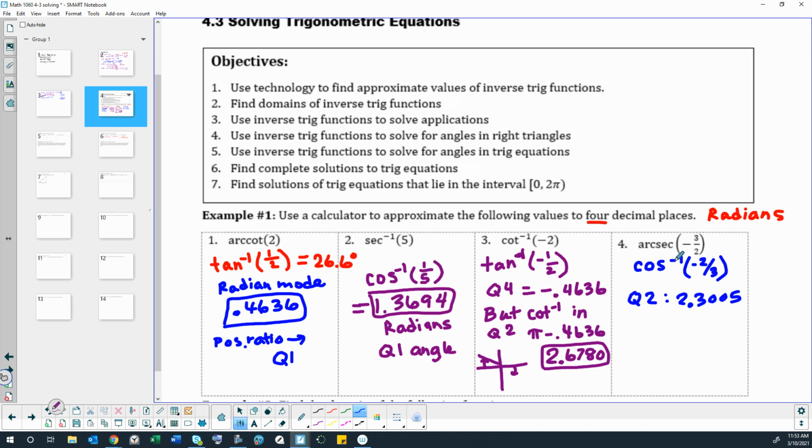When we plug in a negative ratio, we get out a quadrant 2 angle for cosine, and for cotangent, and for secant. Correct? So inverse tangent would come out as a negative quadrant 4 angle. But inverse cotangent is quadrant 2, and inverse secant and inverse cosine are quadrant 2 angles. Why was this one a quadrant 1 angle? Because that was a positive ratio. So positive ratios give us quadrant 1 angles every time. It's only negative ratios that switch to either quadrant 4 or quadrant 2, and we have to stop and figure it out. Question